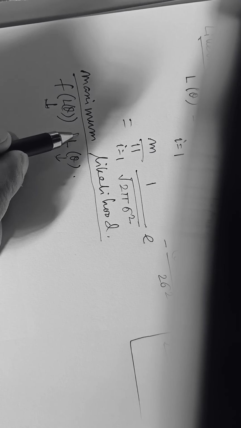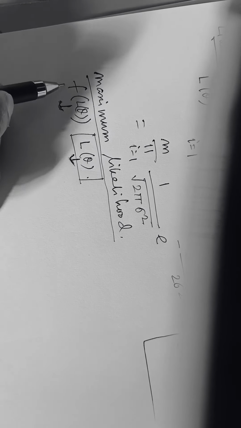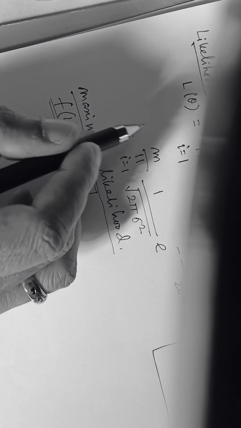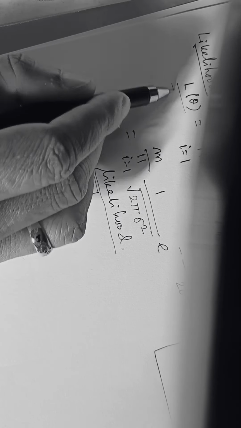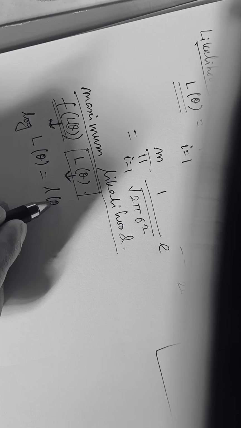So instead of finding the maximum likelihood of L theta, we can apply any positive function f of L theta to simplify this, and we can get the maximum likelihood for the value for which f of L theta will also be optimum, or here in this case it is maximum. So instead of finding the maximum likelihood, we are applying the log likelihood of L theta, which is denoted as small l theta.